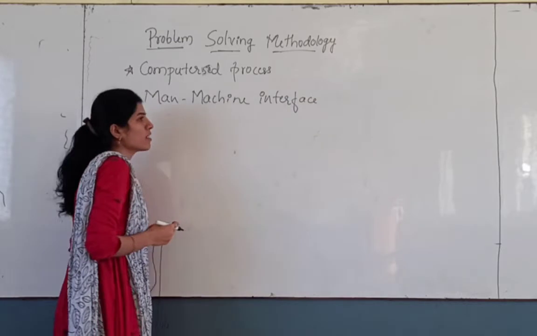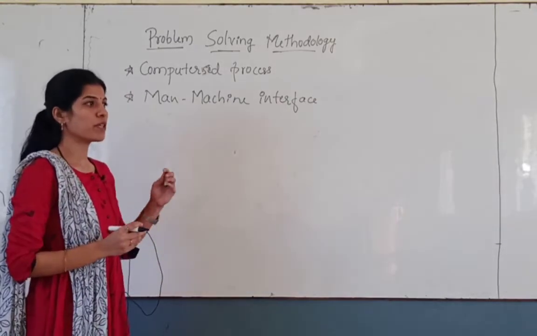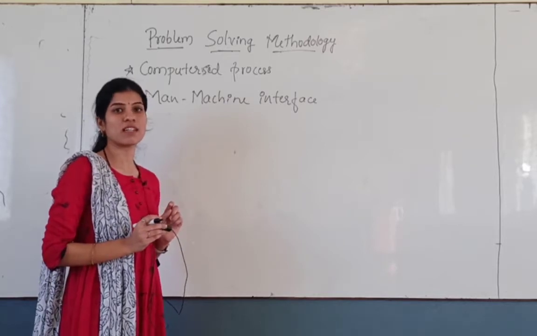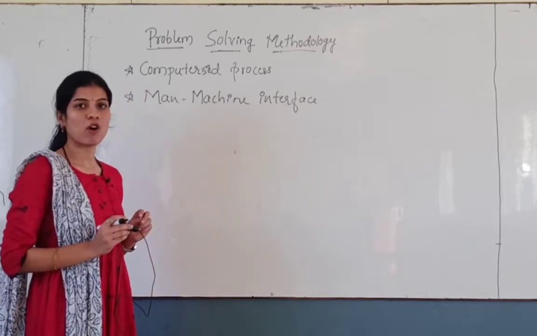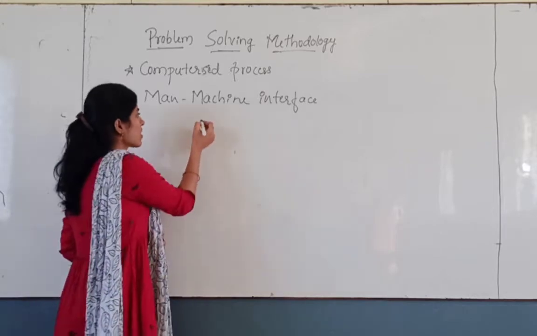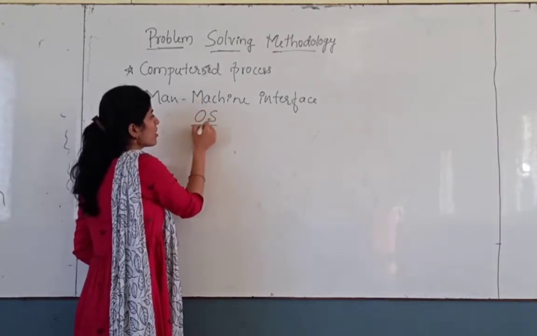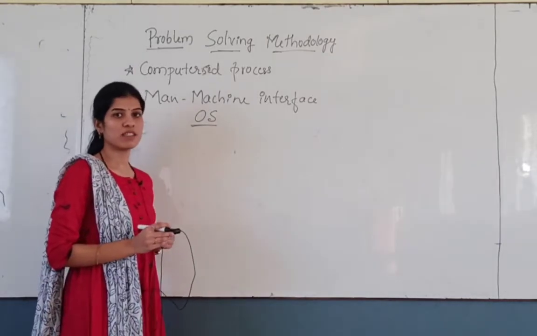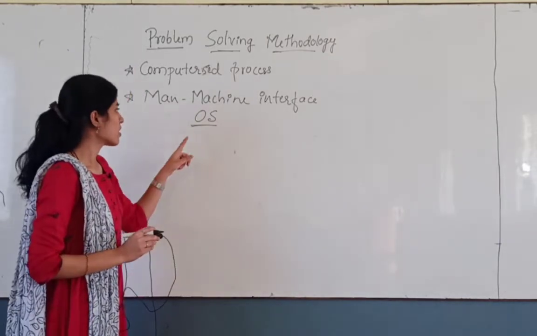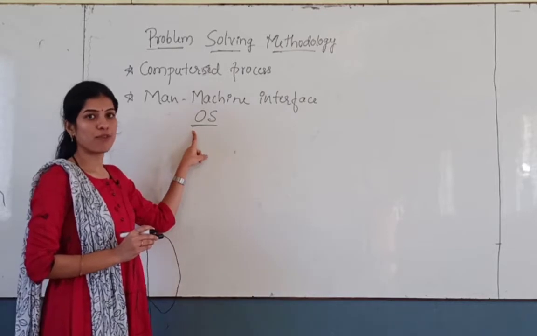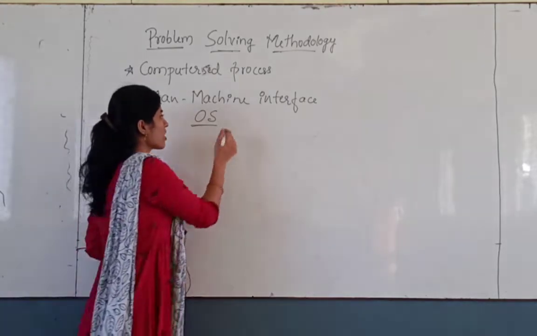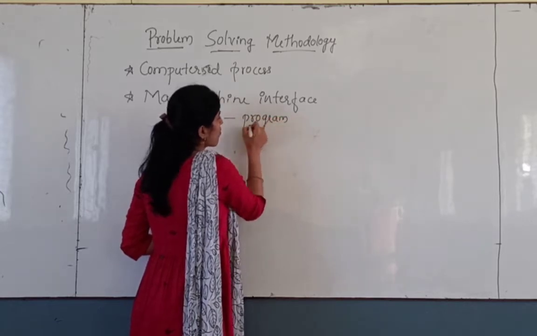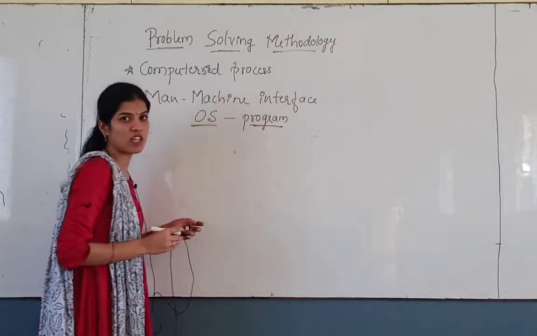We all know that between a device and the user, a friendly relationship is established by our operating system. The OS is the main part which produces a friendly relation between the machine and the user. So the OS is nothing but a set of programs. Again, a program works under a set of instructions.